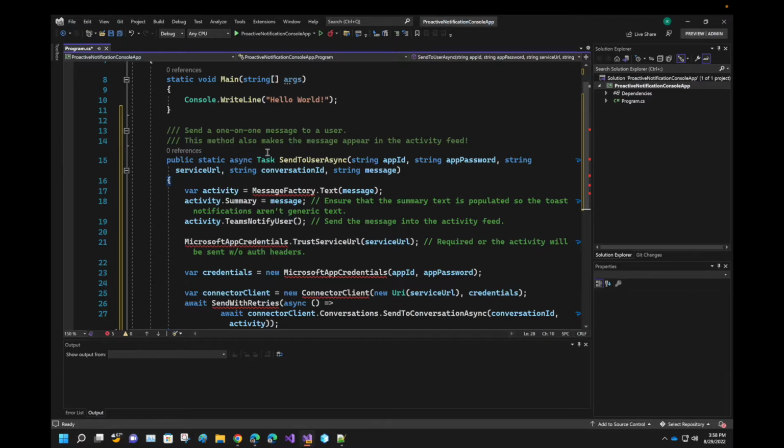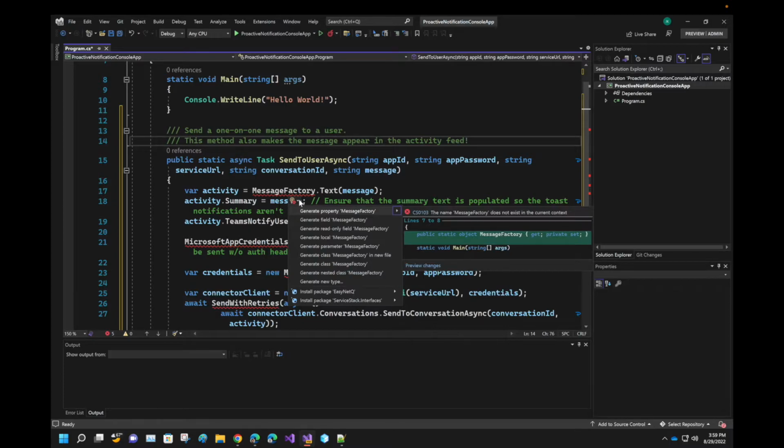This method also makes the message appear in the activity feed. I'm not sure if it will appear in the activity feed because unless you mention the user, then only it will come in the activity feed. Or you send in a channel, then also it comes under the activity feed. But for one-to-one communication, I don't think it will come in the activity feed. But for now, let's